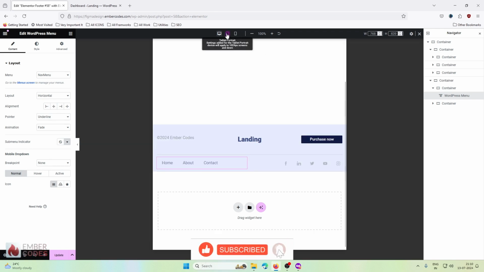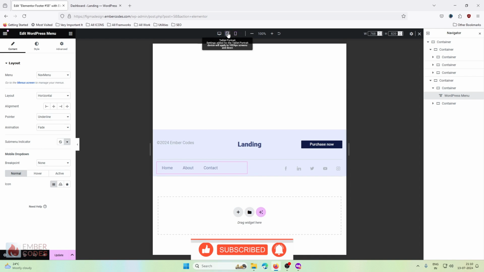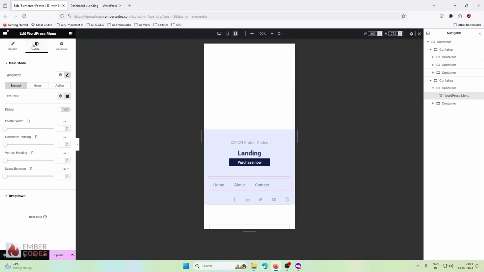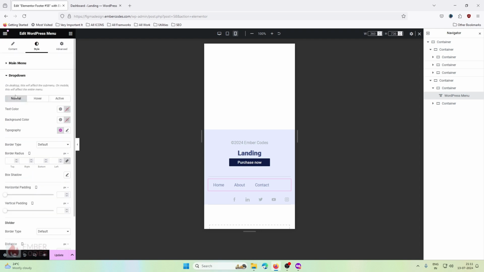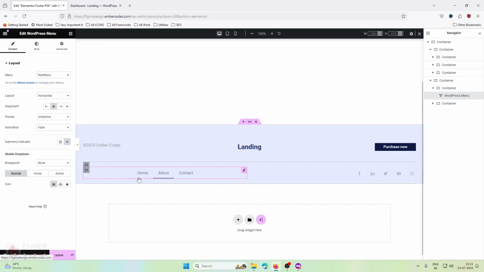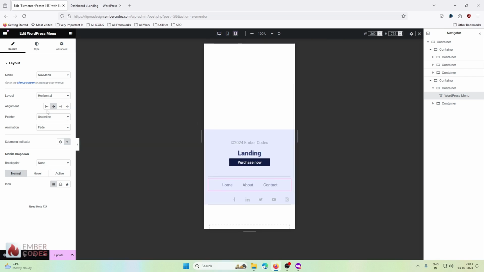So what I will do, in the desktop and the tablet it is fine, but in my mobile, because we don't have many menus here, we can just leave that as it is. We just go to the styles and we can make them center aligned, because if I make this center, it will also affect the home screen. We don't want that, right? We don't want it. So what I will do is just duplicate it,